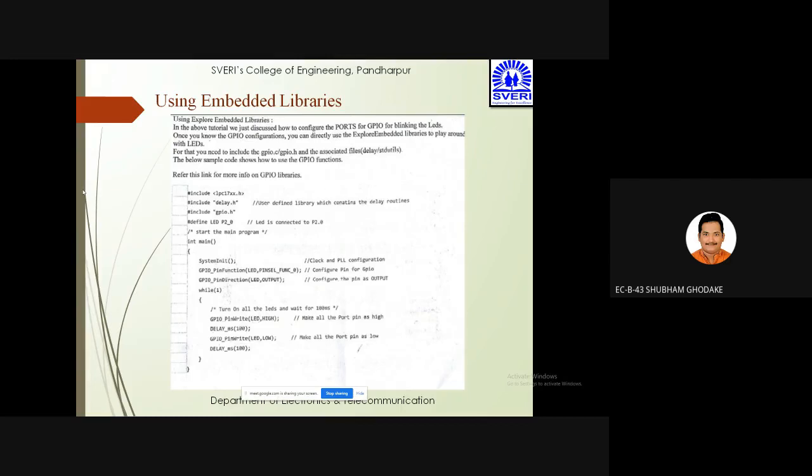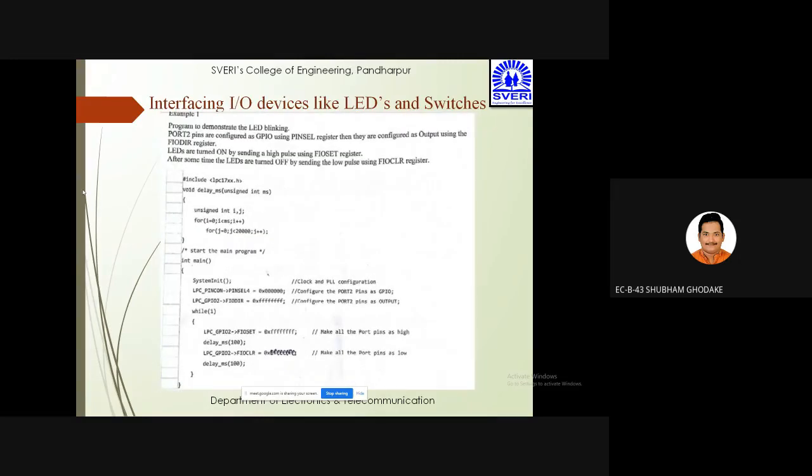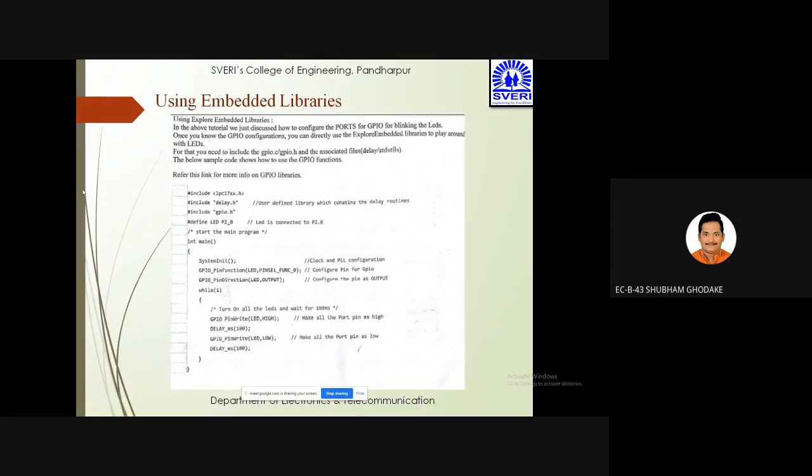को ऑन ऑफ वगैरह इजीली कर सकते हैं। तो you can see that there is an undefined library। उसमें लाइब्रेरी डिफाइन नहीं किया था हमने, इसमें हमने लाइब्रेरी डिफाइन किया है। सो इसका मतलब यह है कि include delay.h, then include GPIO.h, then define the LED port 2.0, and then we started an example. So in this case what happened, in these two cases we haven't used the libraries, but in this case we are going to use libraries.